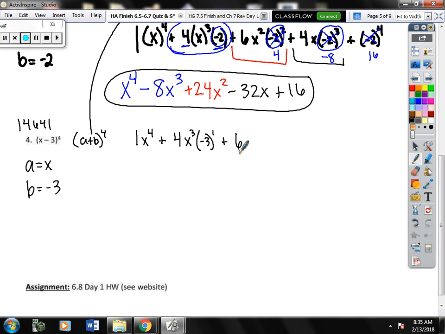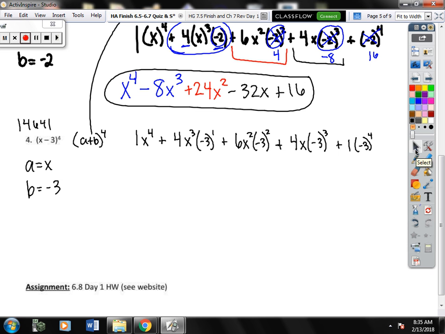Plus 6 x to the second, b, which is negative 3 to the second, plus 4 x to the second, x to the first, times negative 3 to the third. And lastly, plus 1 x to the 0, negative 3 to the fourth. See if you can simplify all of your exponents and multiply them by the original coefficients to get your final